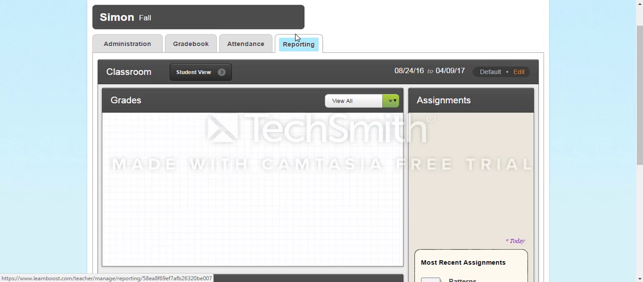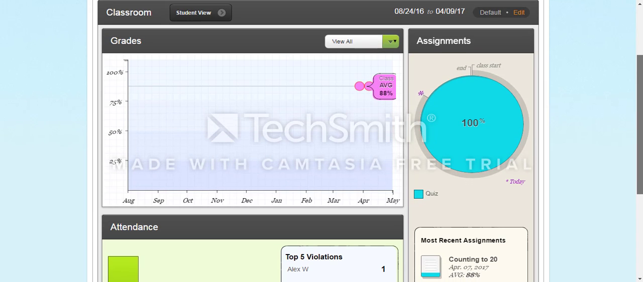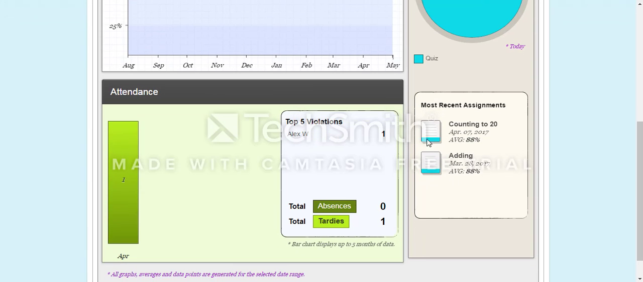Also, the reporting tab is a wealth of information that I loved in Learnboost. And on the left-hand side, it shows you a graph of where your class is, which shows a lot of whole group information. The class average for this assignment was 88. You can tell how the children are doing on assignments. You can see the most recent assignments that you've added, and you can also see your attendance violations here, and it'll show your top 5, which I like as well,